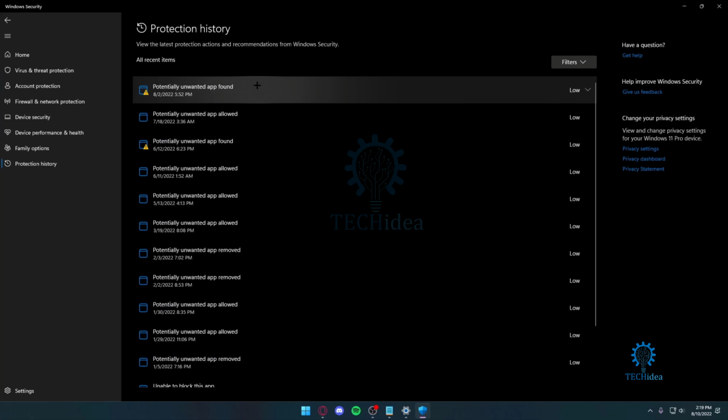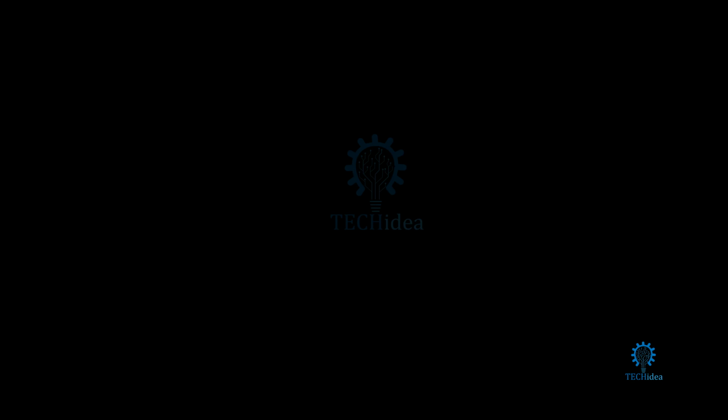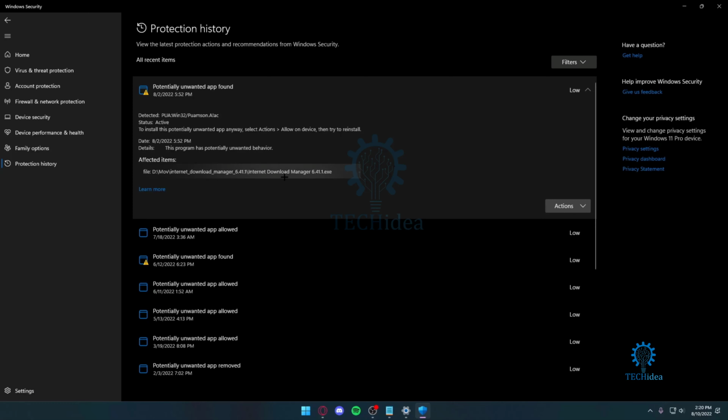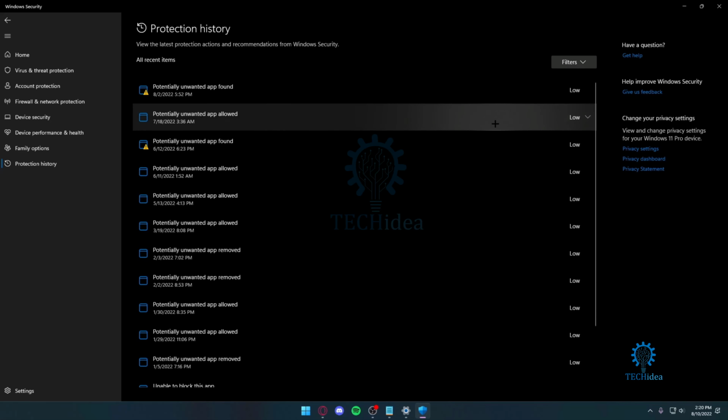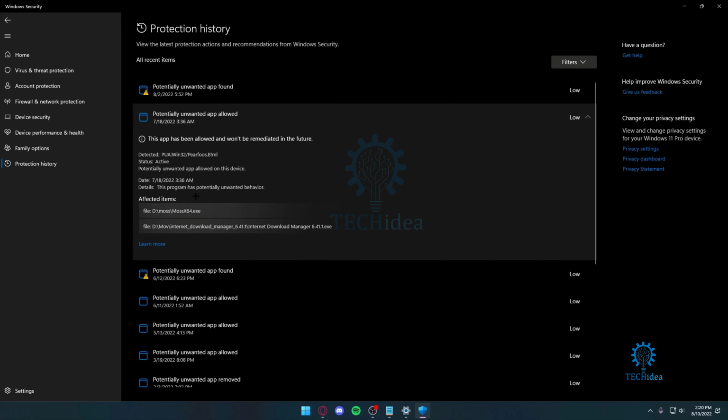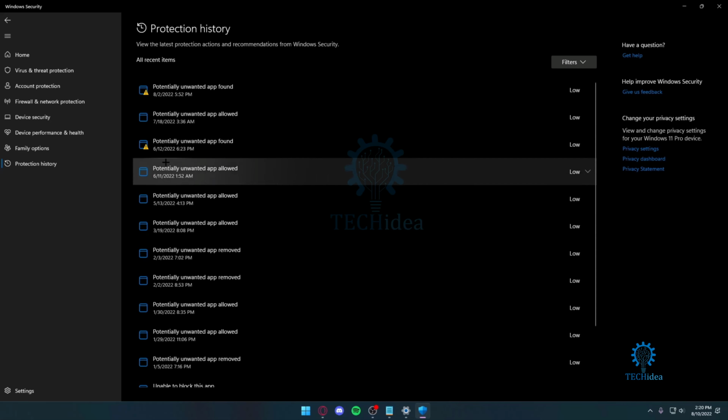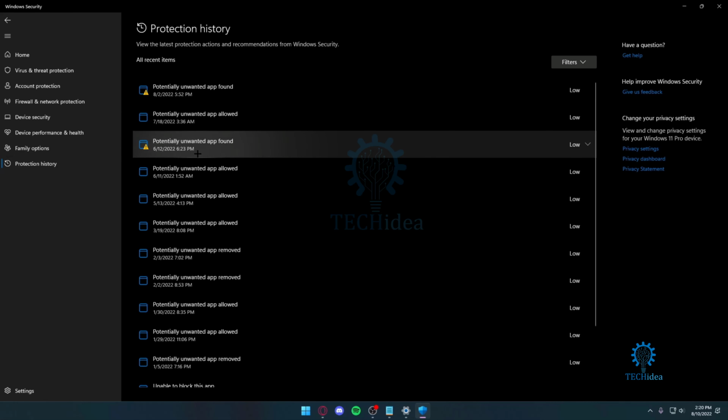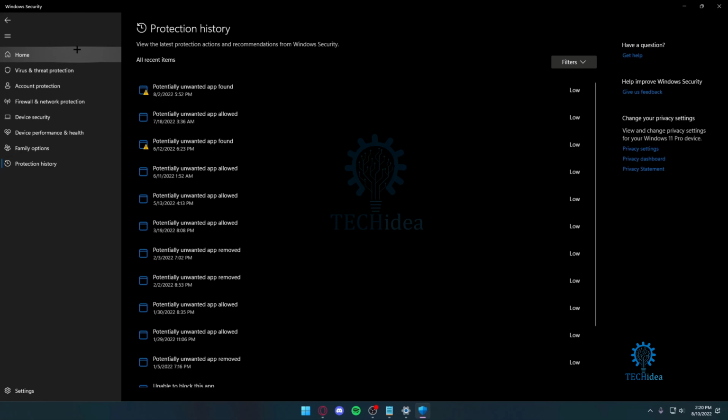If I go over to my protection history, as you can see, a potential virus, that's in IDM. Now IDM is not really a virus, but I'm just gonna allow it, well, honestly I'm not gonna do anything. Then we've got another one, this is MOS as well as IDM. So these really detect almost everything, and it's just a very good software